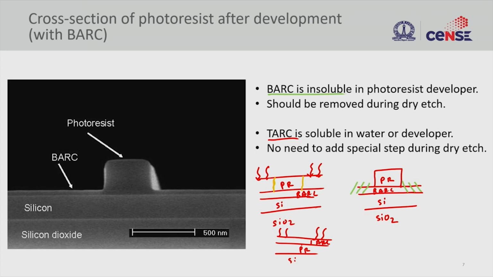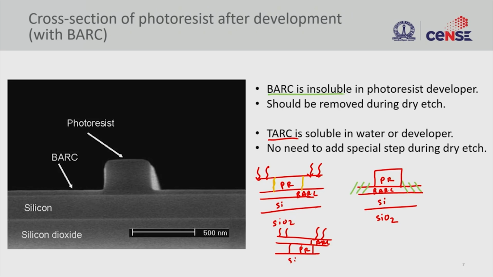So, if it has absorption, then the amount of light going into photoresist is going to be lower. So, you need a larger illuminating dose in order to get the photoresist exposed. So, in this case the top anti-reflective coating should be transparent, and once it is exposed, you will get this